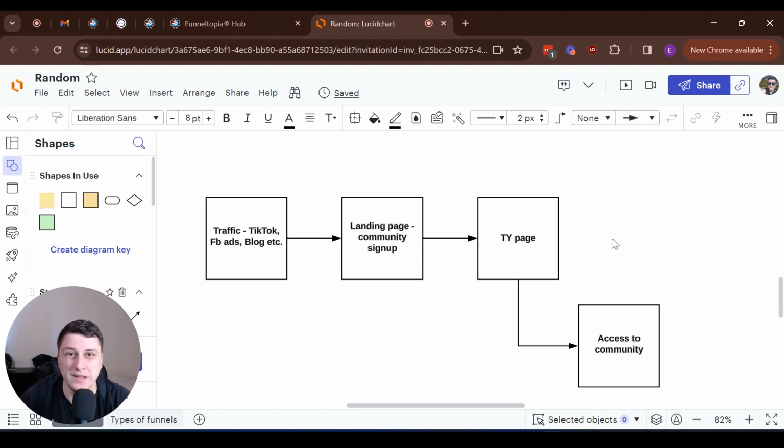So basically, we're gonna take action, right? We're gonna create a landing page for signing up for a community, which is another feature. You can set up your own community instead of using Facebook groups or all that stuff. You can have it all on your terms and not worry about Facebook or whatever other platform, or their rules. So essentially, we're going to be giving people the opportunity to sign up for free and